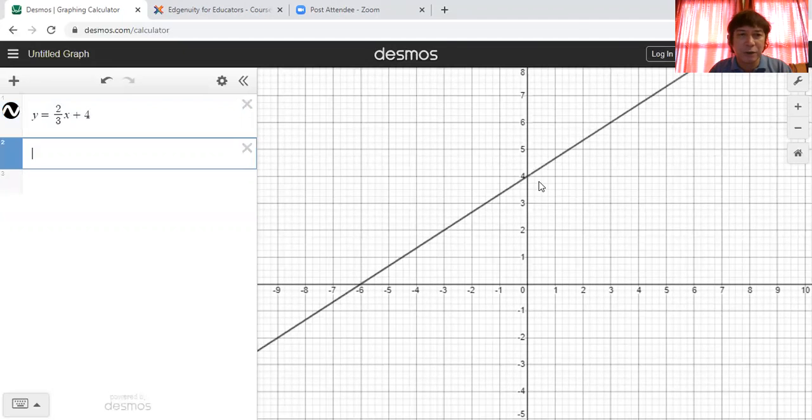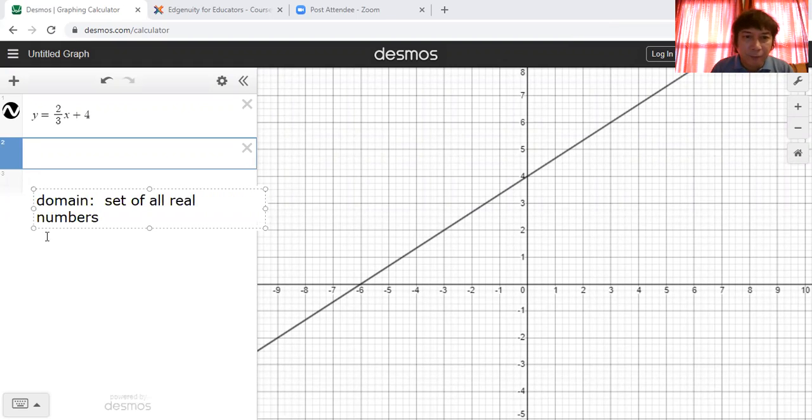So this will be the domain, and we shall just type it so that you can see it from your screen. All right, the domain for this, all possible values of x. So we shall just say x will be having input, and these possible inputs will be the set of all real numbers. That's for our domain.